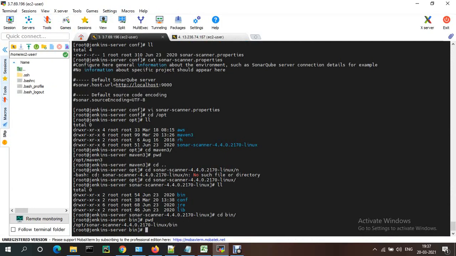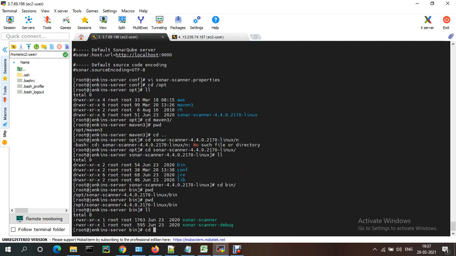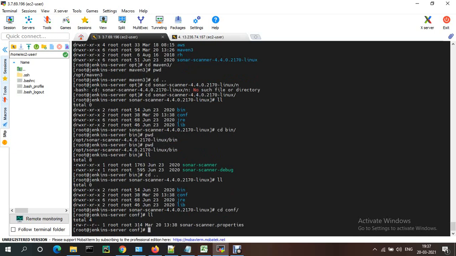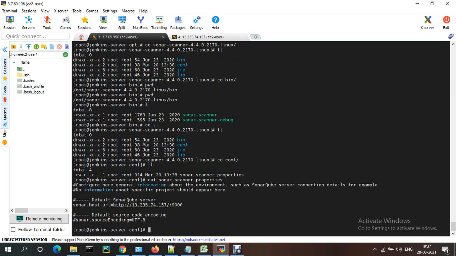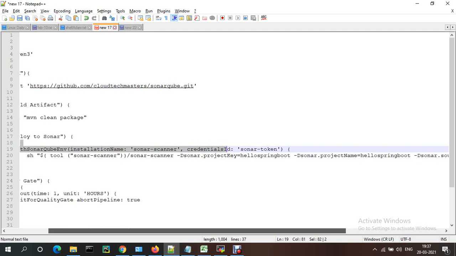There is a default configuration file. Sonar scanner, if we go back under configuration, here you can also provide the default values, like sources and encoding, all these things. Instead of giving them here, you can pass the values there. Let me cross check this one.